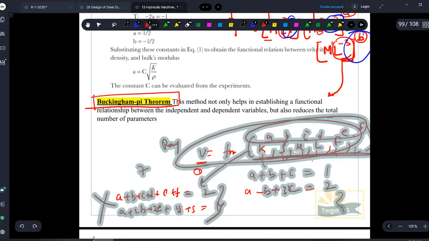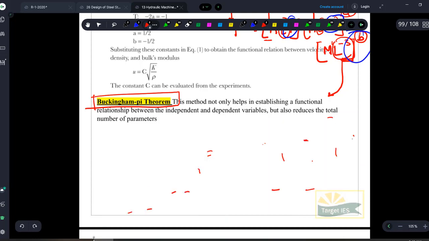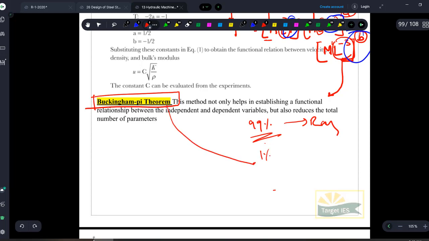Okay, याद रख लो. It is nowhere written more than 4, but I am saying in the examination he will not give Buckingham pi method. First of all, in the examination he will give Rayleigh's method only, 99%. 99% if a question comes from dimension analysis, it is related to Rayleigh's method. 1% if a question comes from Buckingham pi theorem, then he will ask how many pi terms are involved, or what is the value of non-dimensional terms. I will explain you in the next 2 minutes.